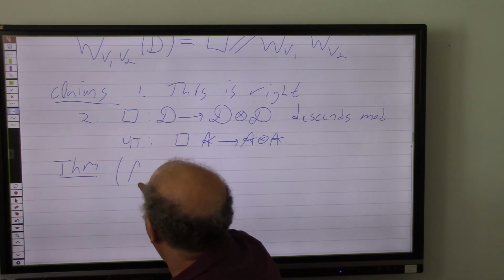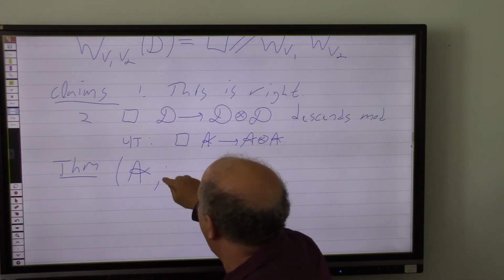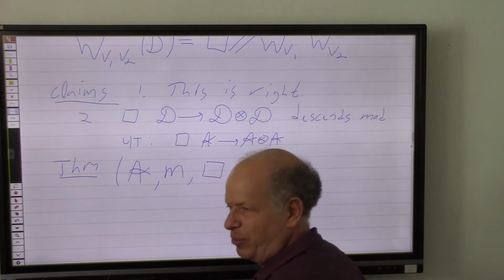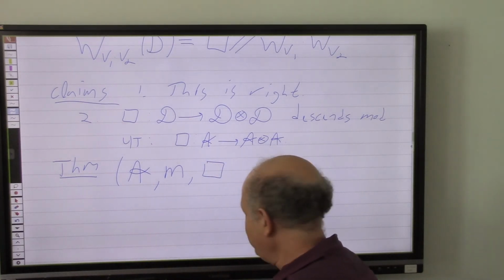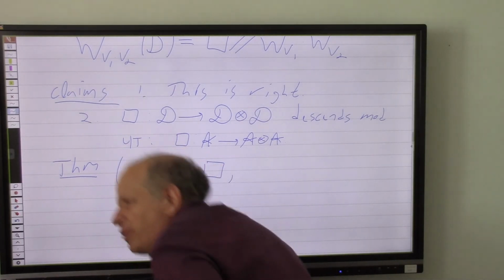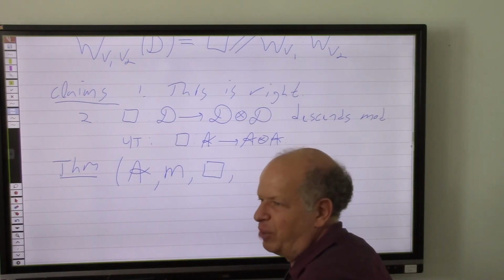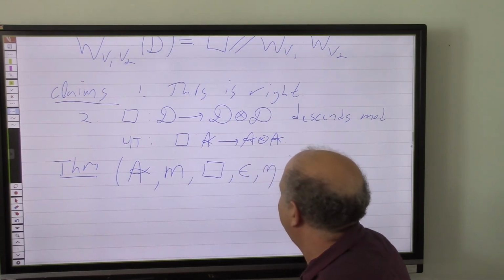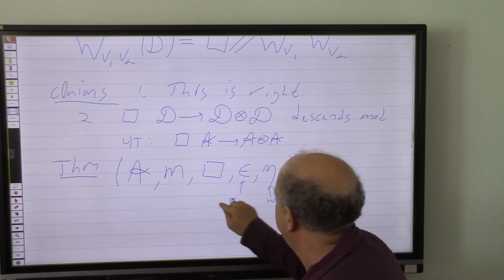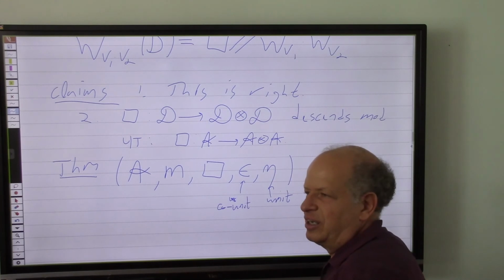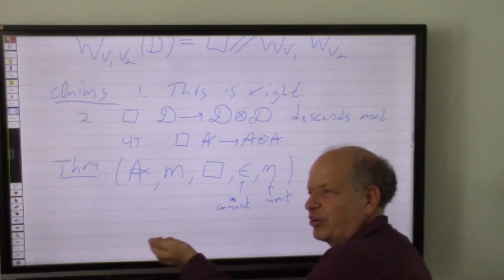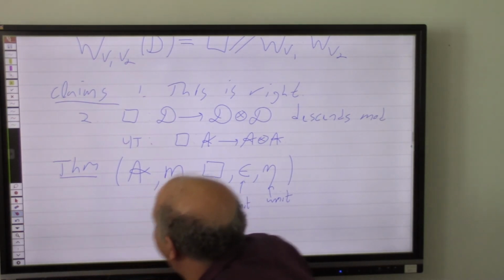If you look at the space A, we have already endowed it with a product M. We have just endowed it with another operation, delta, going from A to A tensor A. In fact, it has two more operations that maybe I'll mention in a moment, but probably I'll run out of time, so I'll just mention that they exist and they're not terribly interesting. Epsilon and eta: this one is called the unit, and this one is called the co-unit, and these are the operations that turn an algebra into an algebra with a unit, and a co-algebra into a co-algebra with a co-unit. Okay? So the claim is that this